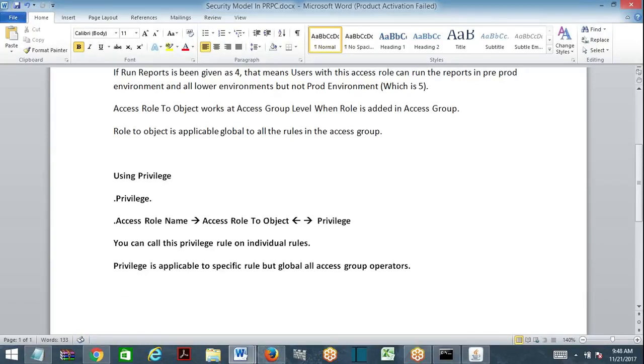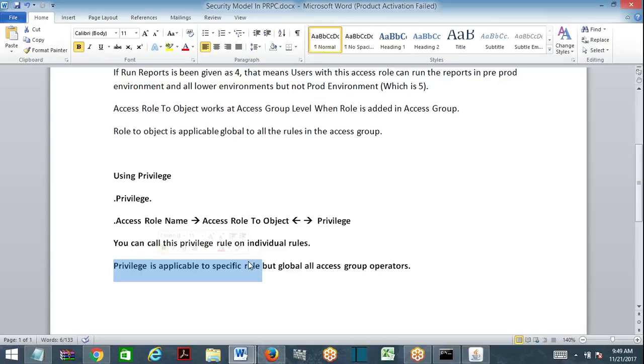Okay, now specific role. Global to all access group operators. Irrespective of your access group, you log in. Rule privilege is there on role.